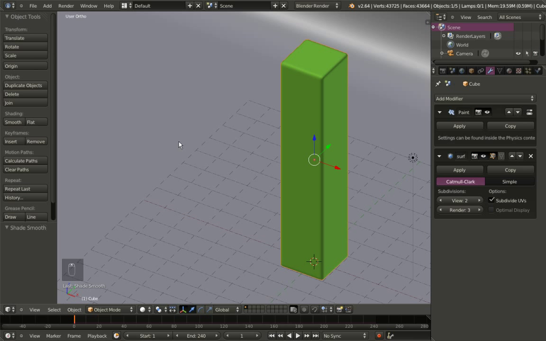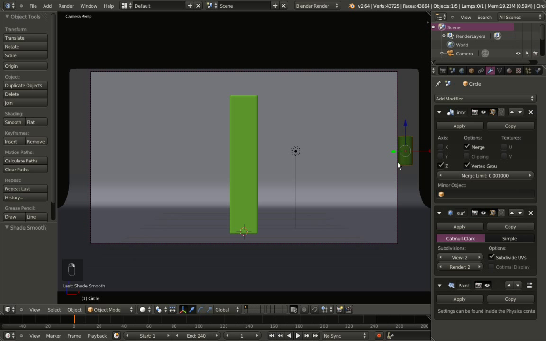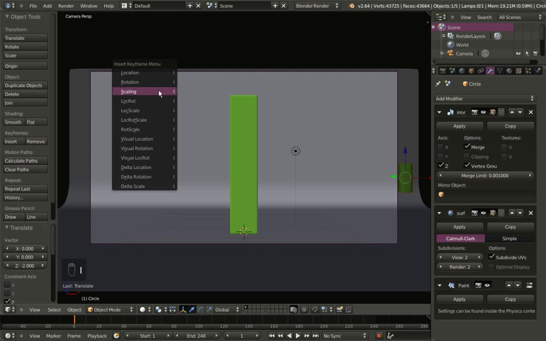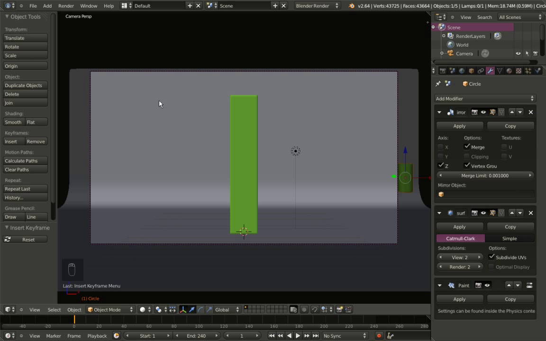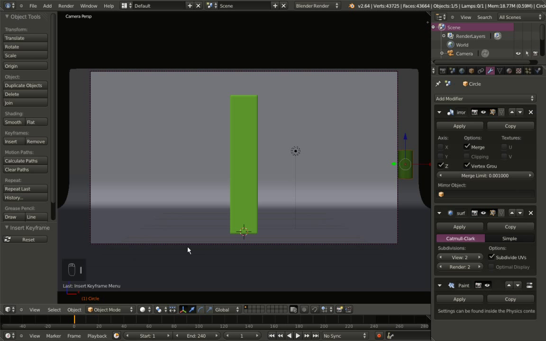Okay. Now I'm hitting 0 on my numeric keypad for the camera perspective view, and I'm right clicking the cylinder to select it. Let's try how the dynamic paint works and looks for the clip here, for the scene. And I have the cylinder selected. I'm at frame 1 and I'm hitting the I key to insert a location rotation keyframe. Perhaps let's move it up a bit, and now hit I and insert a location rotation keyframe, and I'll move up to say frame